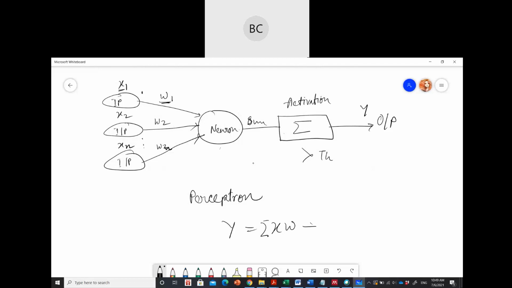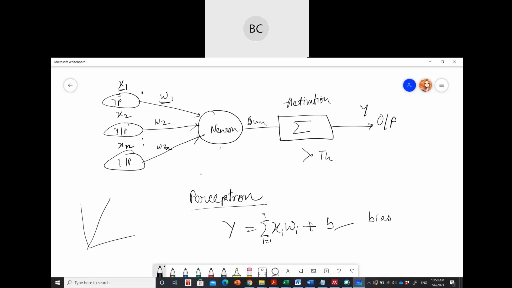Summation of xi, for i equal to 1 to n neurons, plus b. There will be a bias. Bias is just a constant. It will decide the plane for a neural network. A neural network is mainly useful for linearly separable data, but it also works for non-linearly separable data. But the first neuron, the perceptron, is built only for linearly separable data.